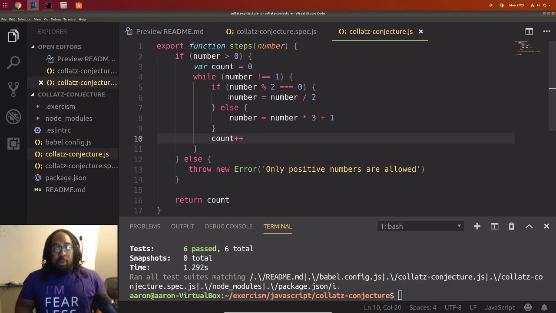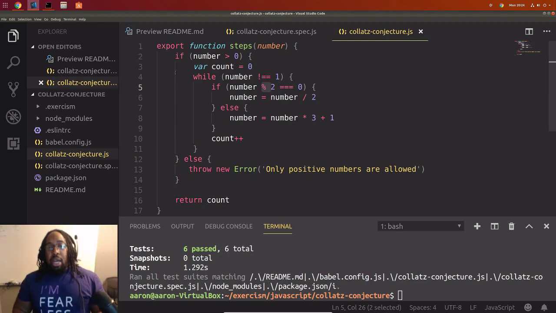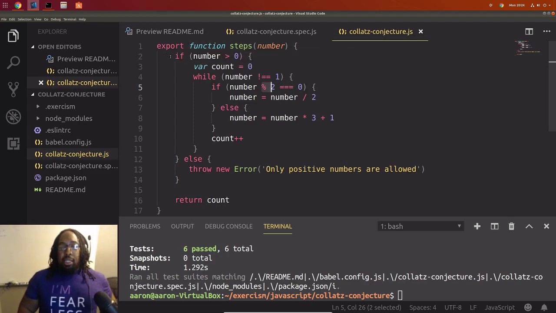You know about addition, subtraction, division, multiplication, exponents, things like that. But you may not know about modulo, which is the percent sign, and that returns the remainder. And then we also used a lot of things that we've gone over in previous streams, but we used comparisons here. So we used various equality operators here.